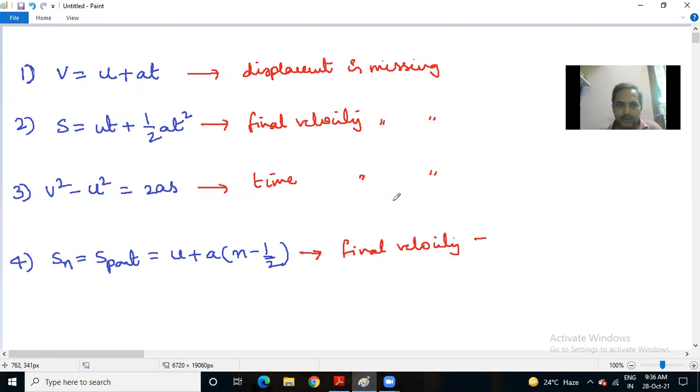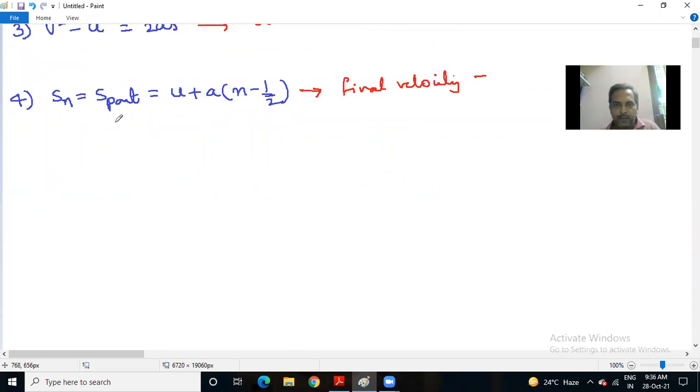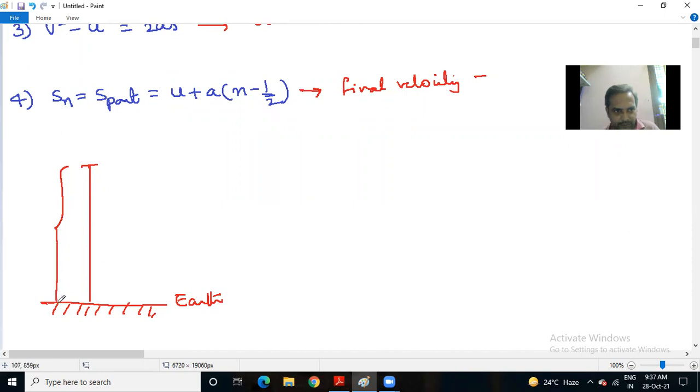Okay, so let us make use of same equations by doing small modification for a body allowed to fall freely. Assume that you are dropping a body. After some seconds, it reaches Earth. So you are dropping at a height h. So it means now displacement will be height. Now dropped means you don't need to provide initial velocity for it.